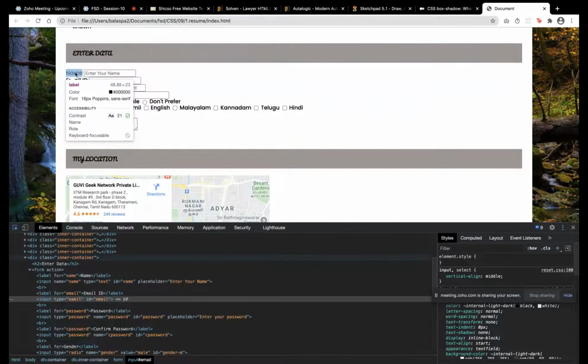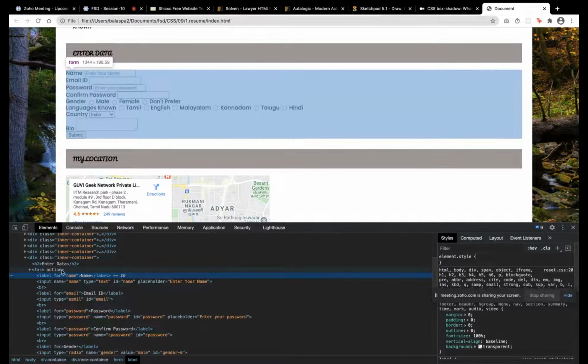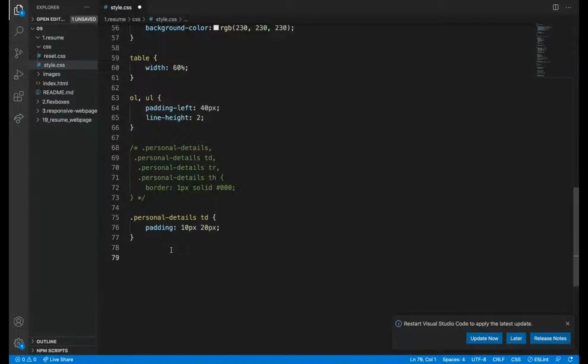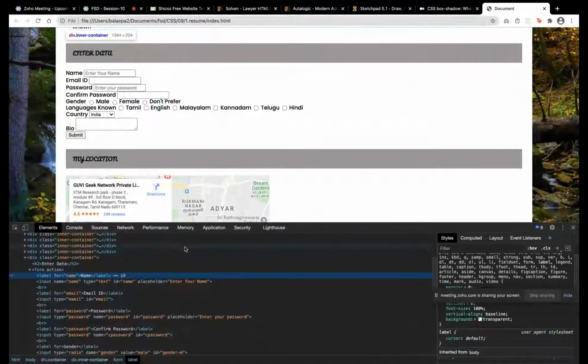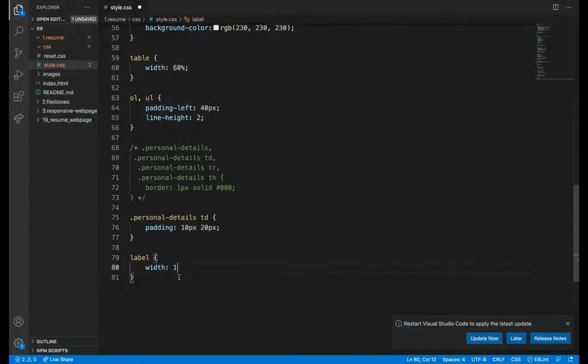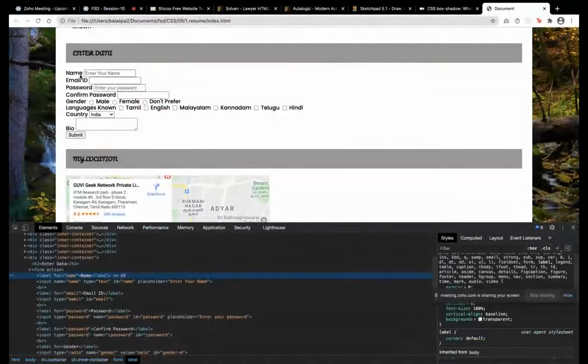So what we need to do is give a width to the label. First, we will add a label class here, and then I'm going to give a width of 100 pixel. So each label should take 100 pixel width, so that all the other elements will come in the same line.